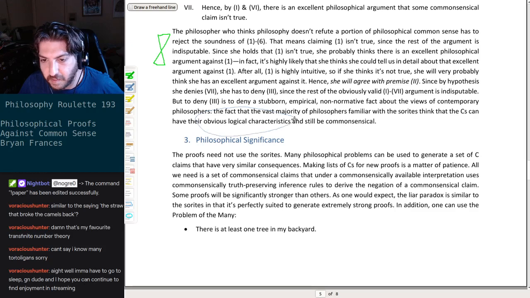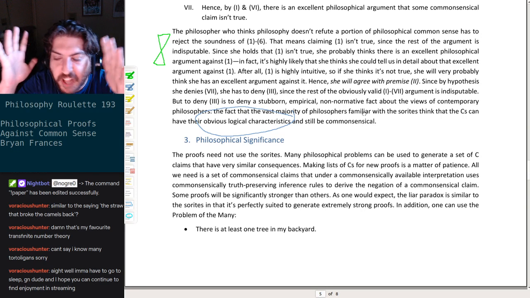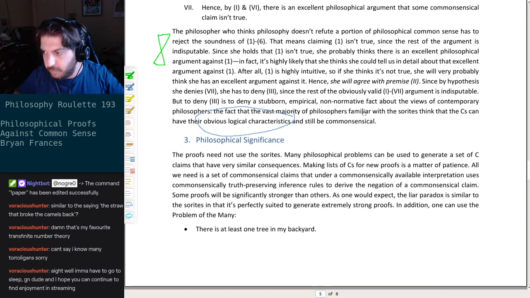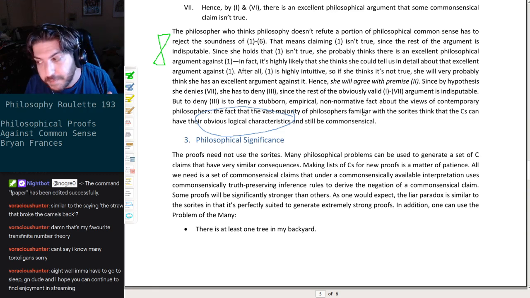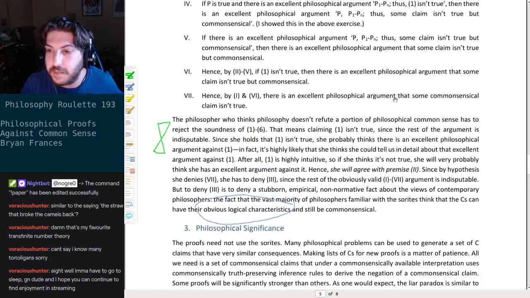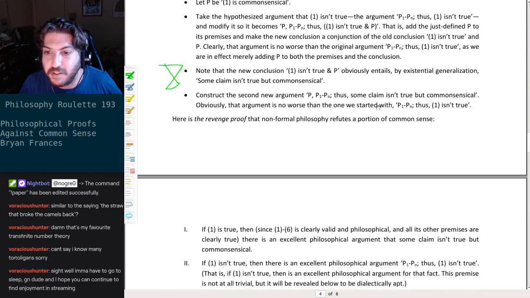Obvious logical characteristics. What is an obvious logical characteristic, people? Just because it's old doesn't make it good. Many times it does. But you have to critically look at why we think certain things in logic are accepted. Now, the fact that they've lasted so long is a point in their favor. But, to tell you the truth, where was that existential claim where they straight up was like existential